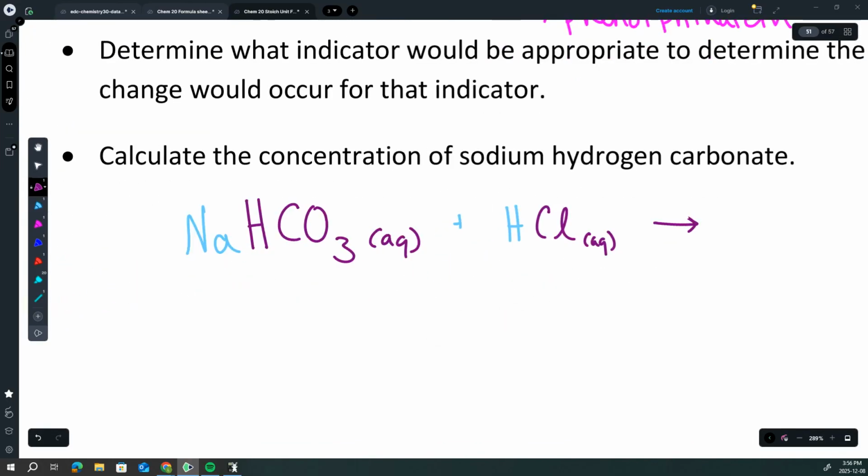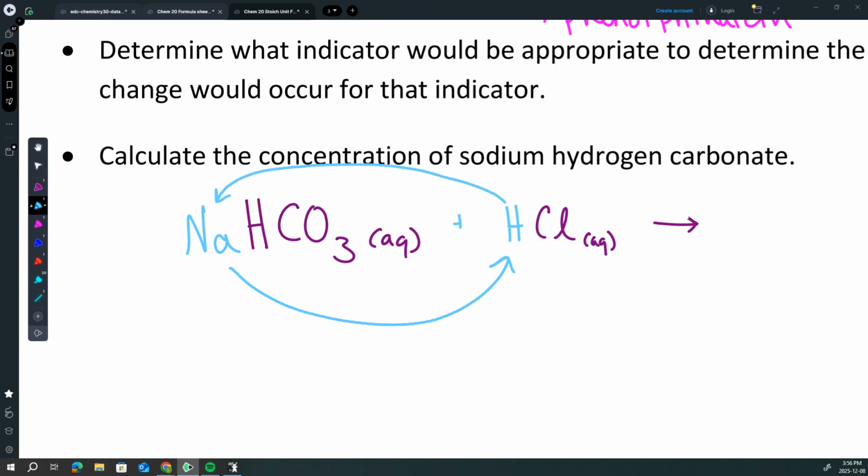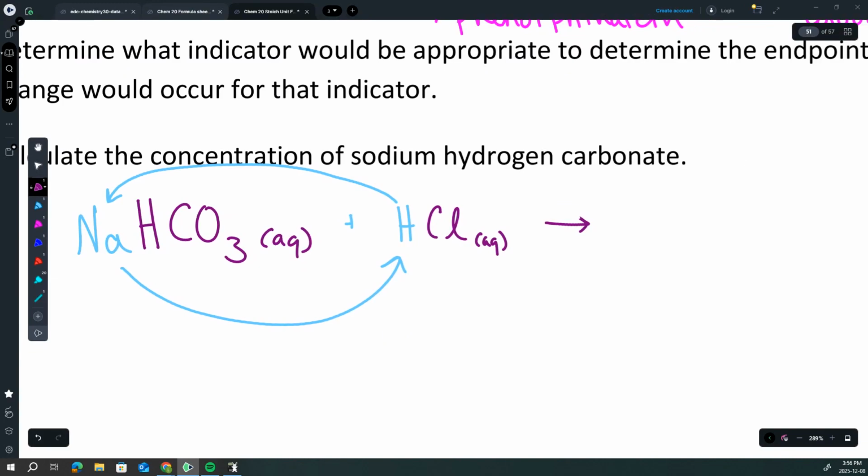All right, so we have a compound reacting with a compound. That means it's going to be a double replacement reaction. So sodium's going to take the place of hydrogen. Hydrogen's going to take the place of sodium. Okay, so for my first product here, I'm going to focus on what the product with hydrogen carbonate would be. Now, since hydrogen, this one right here, takes the place of this sodium, we're going to end up with 2 hydrogens. So I'm going to put this as, and let me color code this,